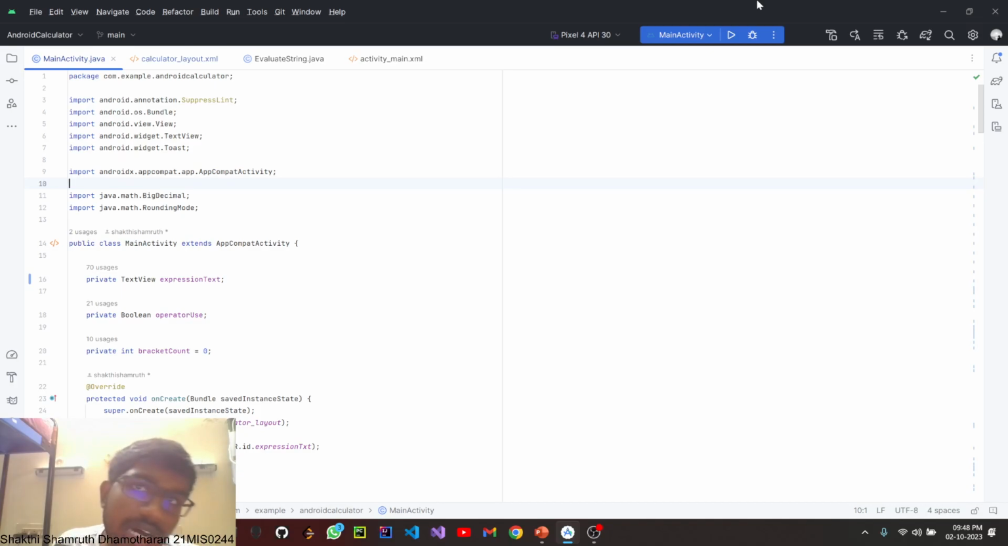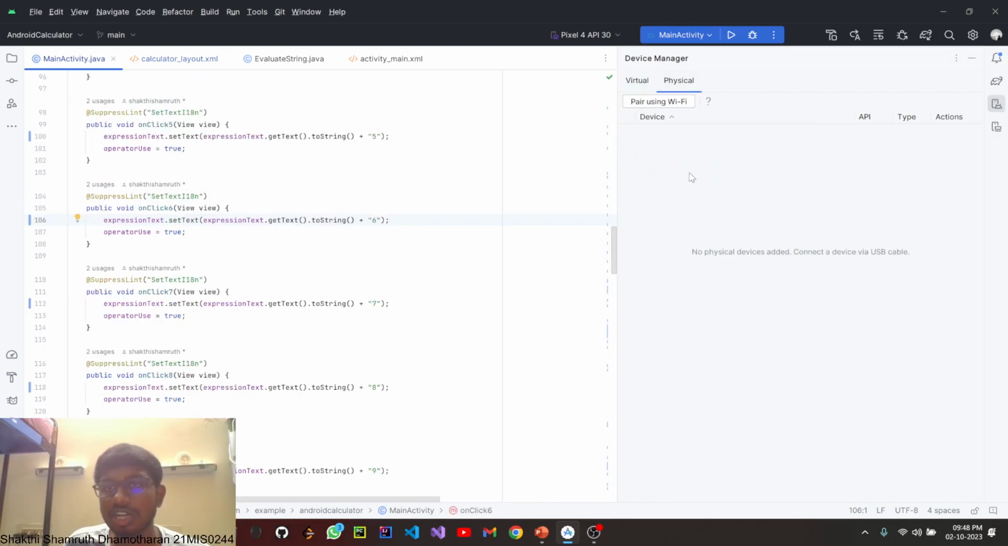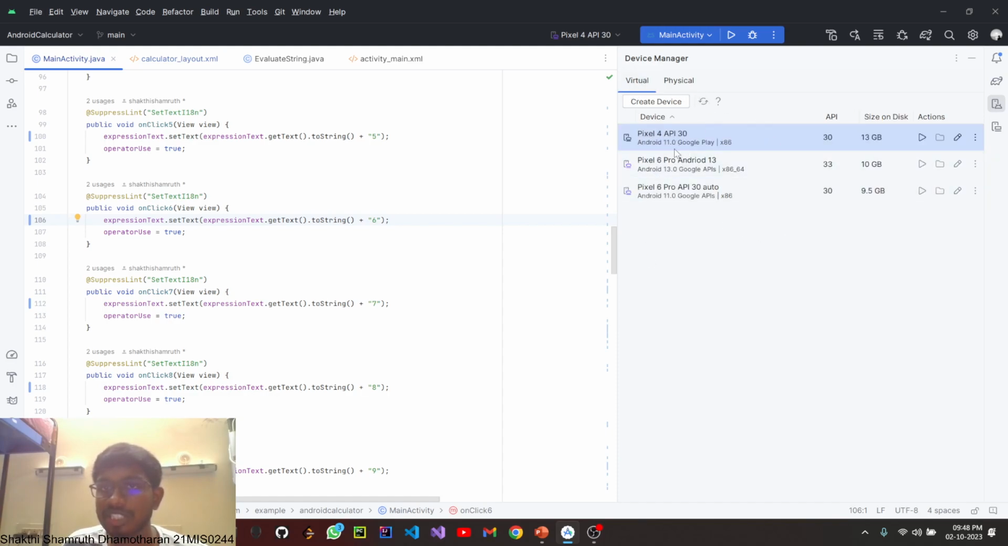So now let me demonstrate the device manager, that is the Android virtual device for the IDE. So this is the device manager. So here you can connect your own Android device using this physical tab. After clicking this tab, after connecting your device via USB, you can simulate your program, or run the program on your own device, or you can just download a virtual device and run it